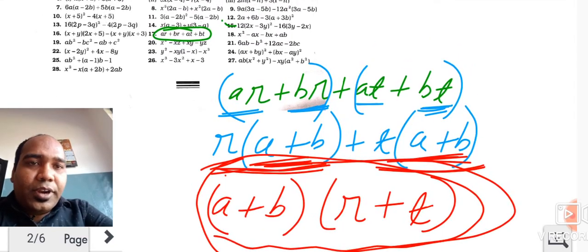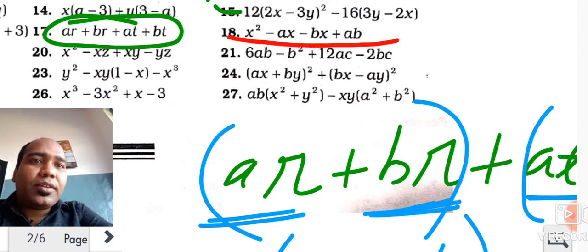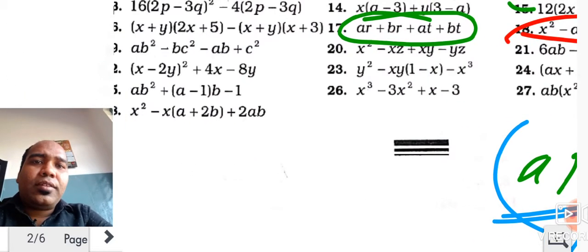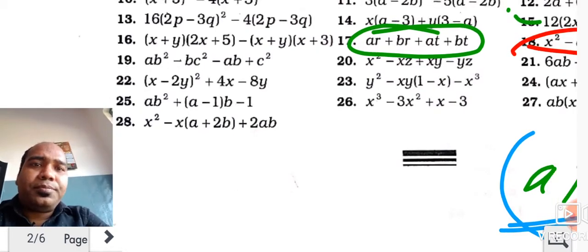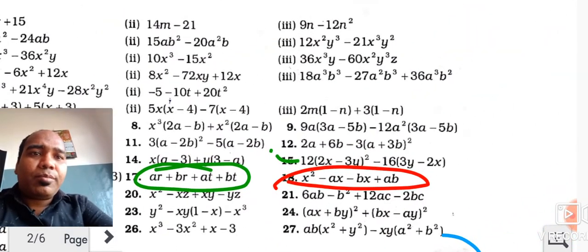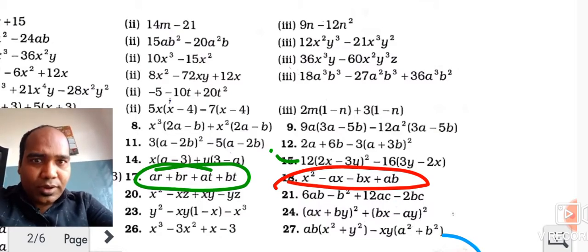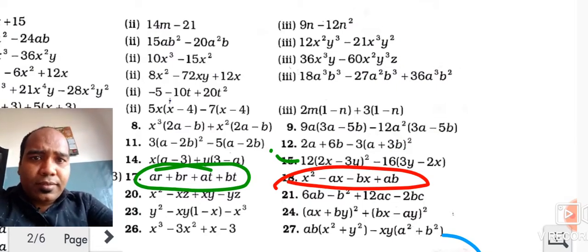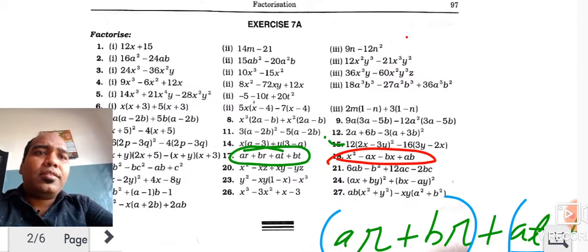So you will try to solve these questions, and if you feel any problem, the same type of question is there here also. The rest are almost the same type of questions. Okay, so this exercise you can do on your own now. I hope you can do it on your own. And if you feel any problem, then you can tell me. I can have another class for your doubt questions. Okay, so see you in the next class. In the next class, we'll discuss another exercise, Exercise 7b.